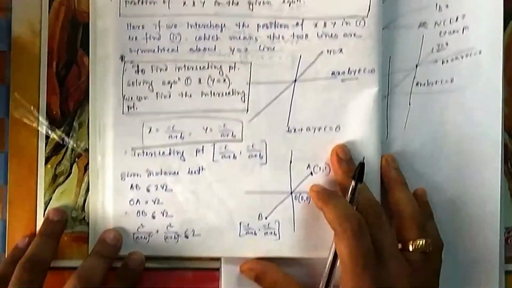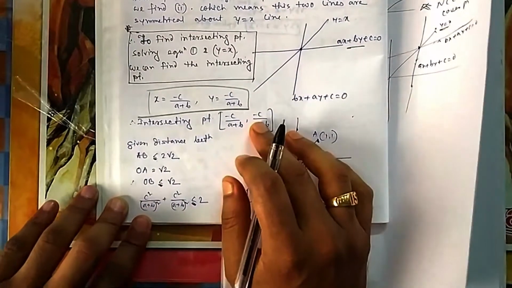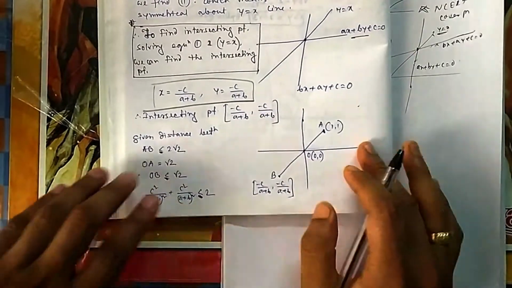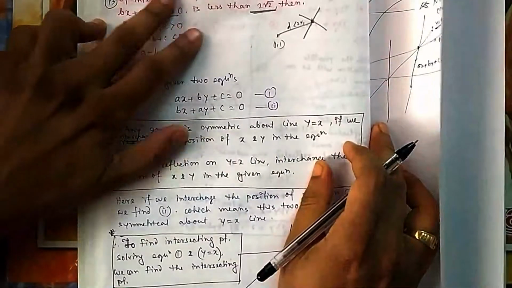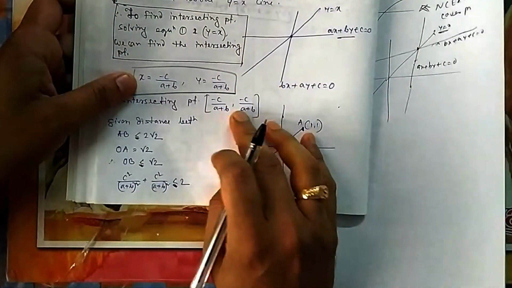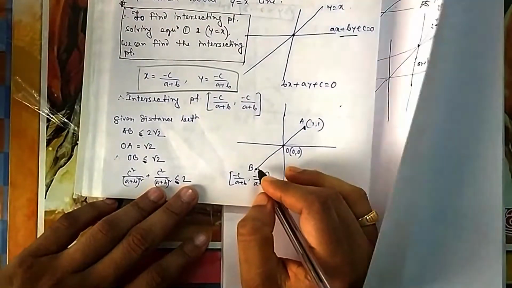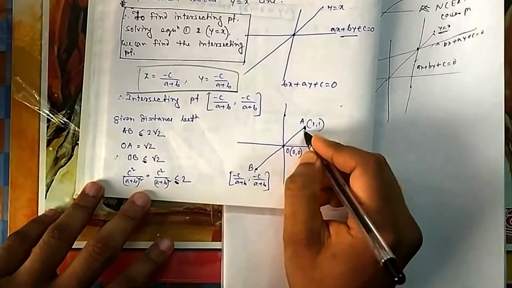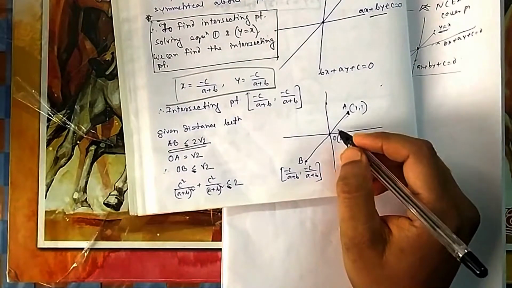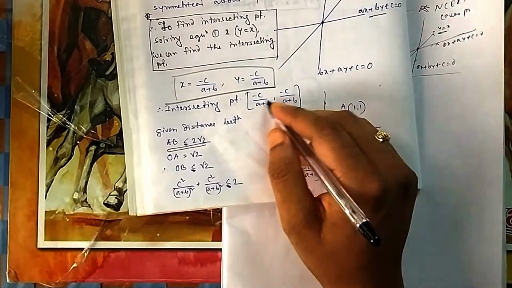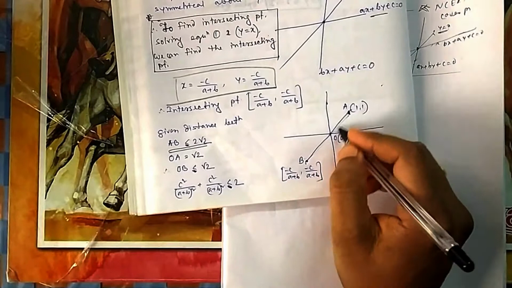These things we will learn in function in detail. But because this is a nice application, I thought I should explain it here. There is nothing in the question to suggest it. Since a, b, c are all greater than 0, obviously the intersection will be in the third quadrant. So if you put it in the third quadrant, this distance should be less than 2 root 2. Now you know this, because this is lying on the same line y equal to x: the points (1, 1), (0, 0) and the intersection all lie on the y equal to x line.